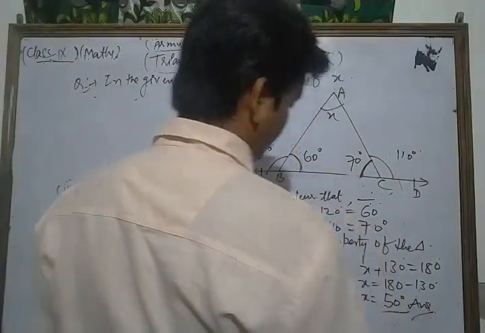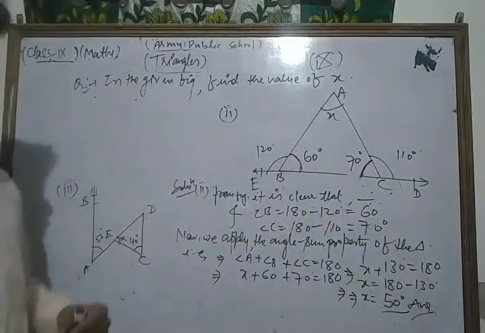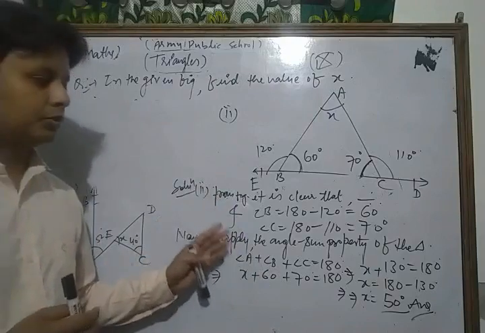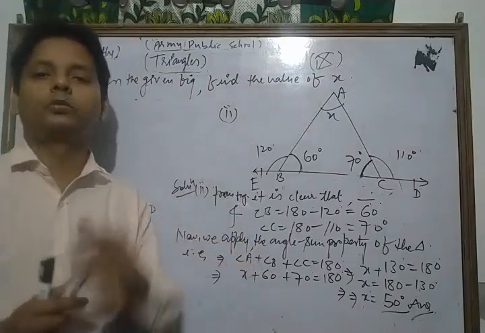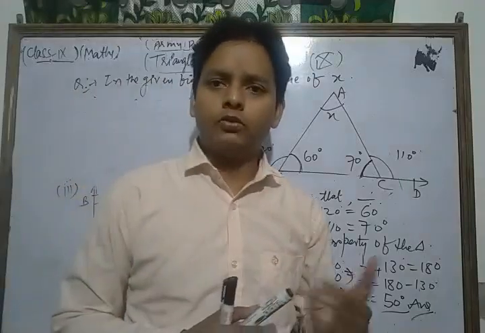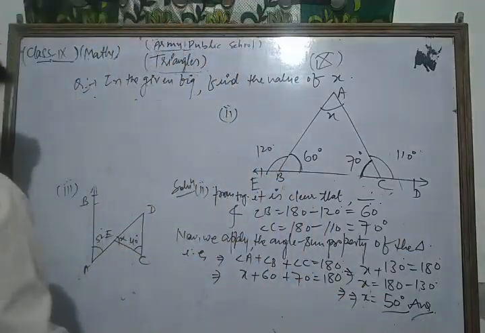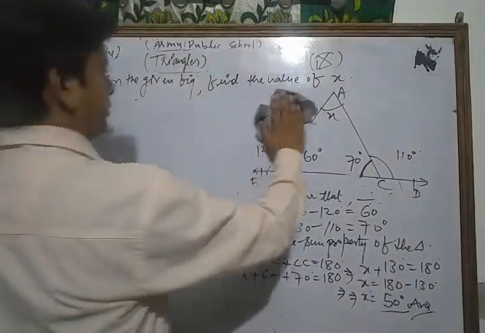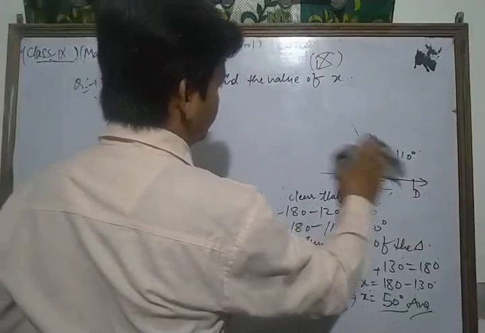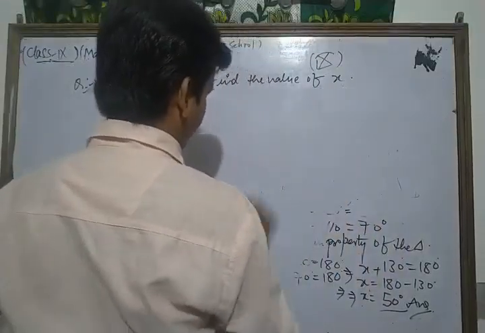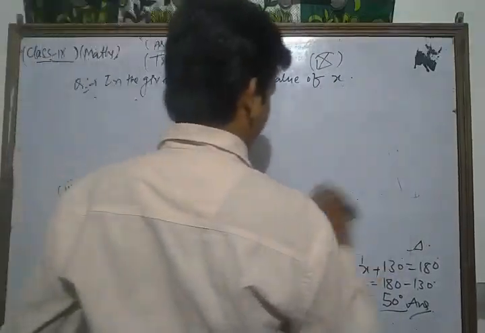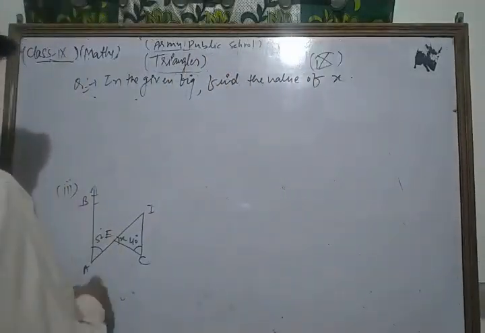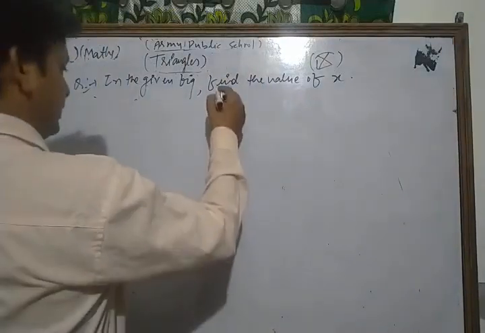This is the required solution of the given question. Okay, so using that concept you can solve each and every question of your NCERT exercise based on the topic triangle and its property. Okay, now we take and solve the next part of this question. Let's see. Now let's see the diagram once more time. This is your figure.